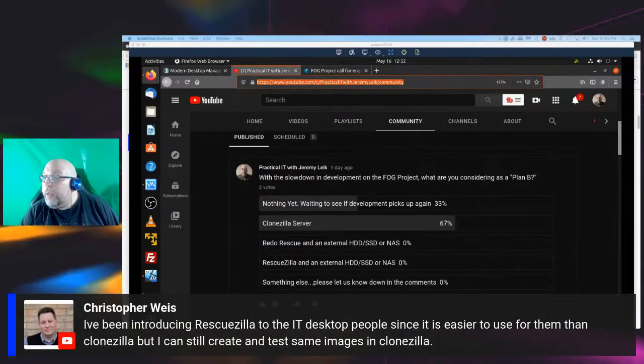Been introducing Rescuezilla to the IT desktop people since it's easier for them to use than Clonezilla, but I can still create and test same images in Clonezilla. Yeah, I think that's a perfect example use of Rescuezilla, especially for more entry-level people. I think that's a great use, and certainly easier than that abomination known as